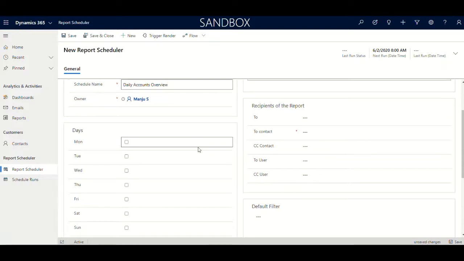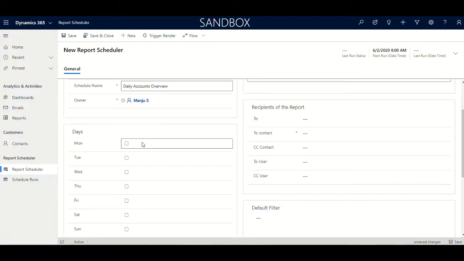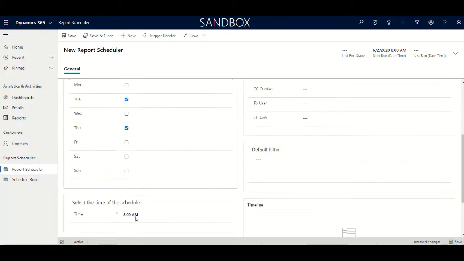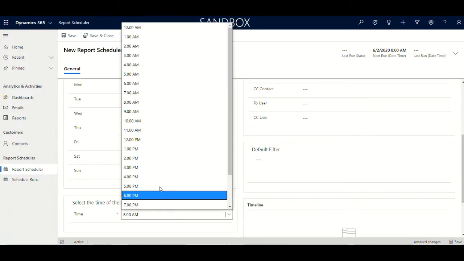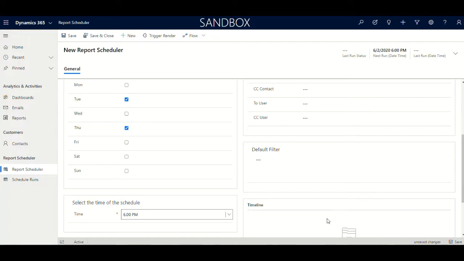When we pick the schedule as daily, we would have the options to schedule on which specific days the report needs to be running. In this case, I'm just going to say that I want it on Tuesday and Thursday. I can select multiple ones if required, and then I'll choose the time. For this particular case, I'm just selecting 6 p.m. here, for this demonstration purpose,